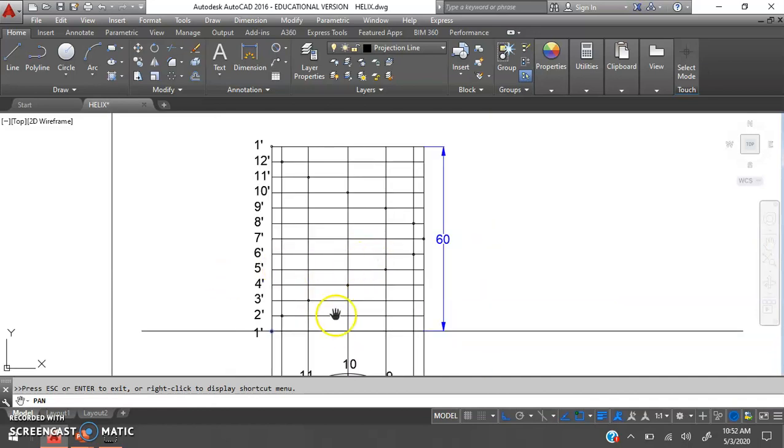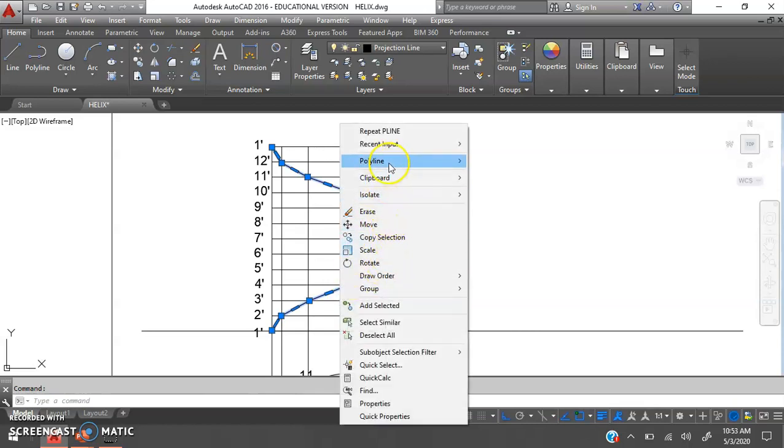Okay. Now let us draw a curve with a French curve. Using a French curve, you have to draw a smooth curve. But in AutoCAD it is not possible to draw a French curve, so I'll use a polyline. I'll connect each and every point with a polyline passing through them, and then I'll select this line and say convert polyline to curve fit.